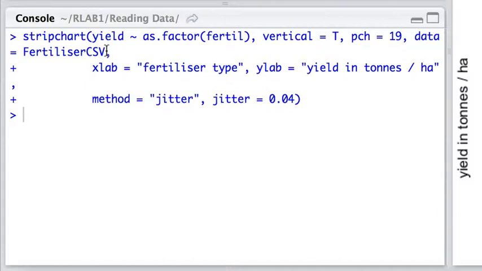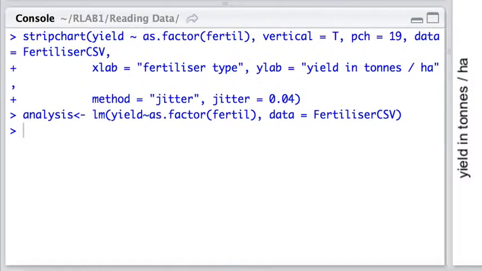So it appears that the yield is slightly higher on average in fertilizer 1, but can we be confident of this? What we would then next do is fit an analysis of variance model, a general linear model, to the data. So this is what we're going to do now. We'll call the result of that fit analysis, and that analysis is an object with many different properties, but you'll see that what we have here is yield is related to fertilizer, and you'll notice importantly that I have used